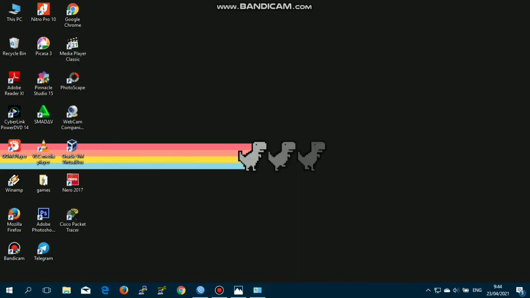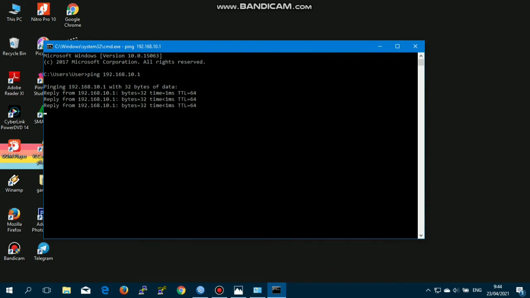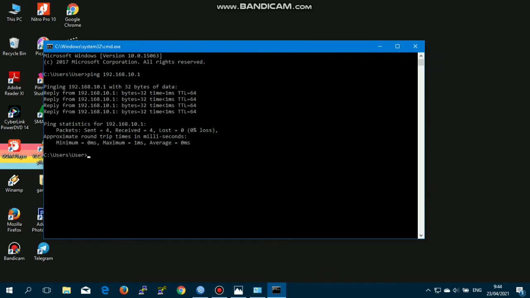After that, do the client test using ping. Open CMD, then type ping 192.168.10.1. If the result is a reply like this, it means that the client is connected to the router.